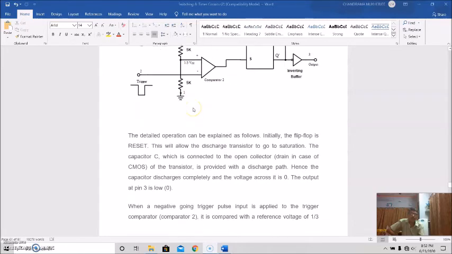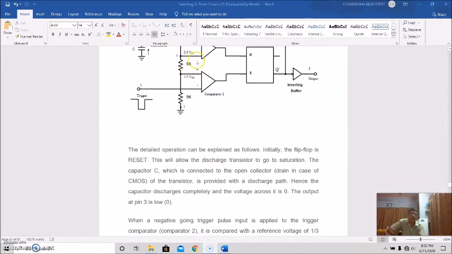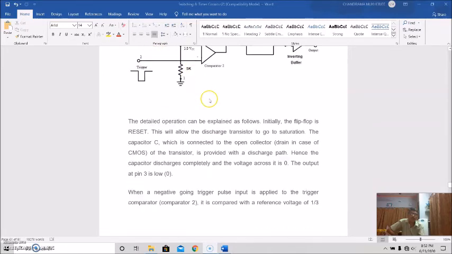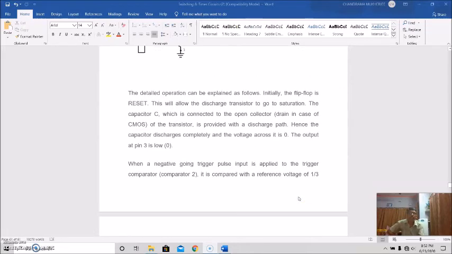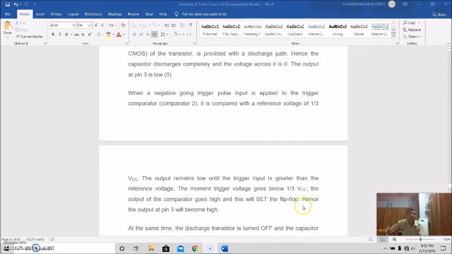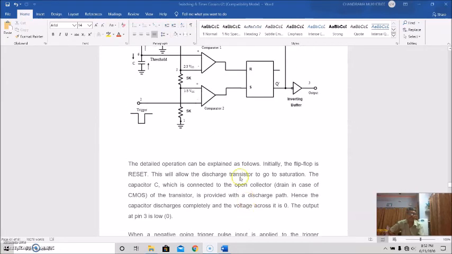the negative going trigger pulse is actually applied to this trigger comparator 2. So in the comparator, it is compared with the reference voltage of 1/3 VCC, and the output remains low until the trigger input is greater than the reference voltage. The moment the trigger voltage goes below 1/3 of VCC, the output of the comparator goes high, and this will set